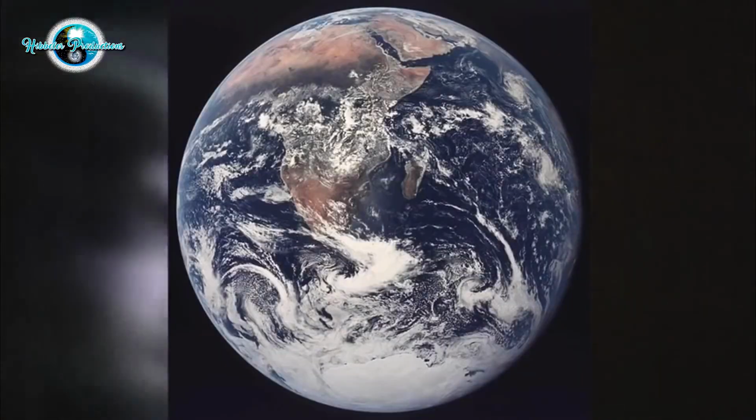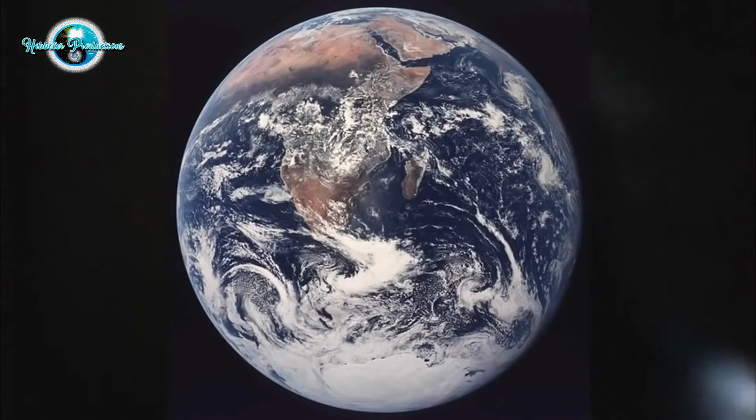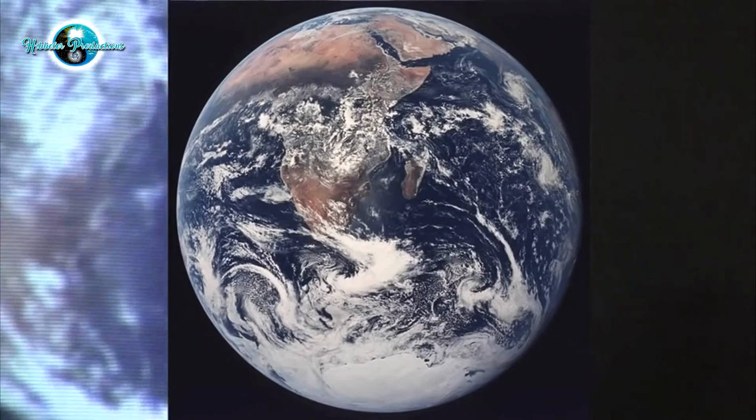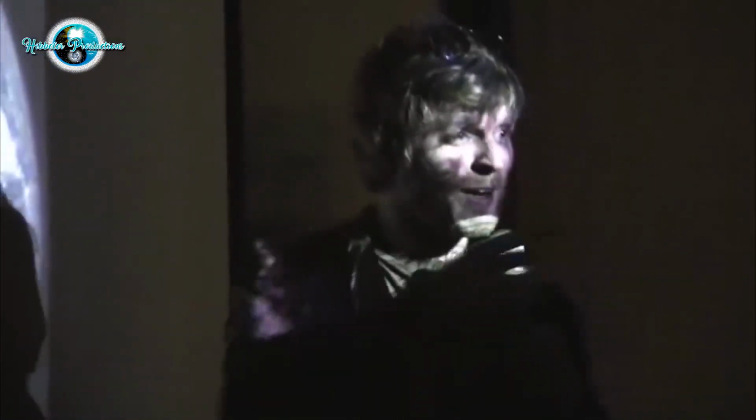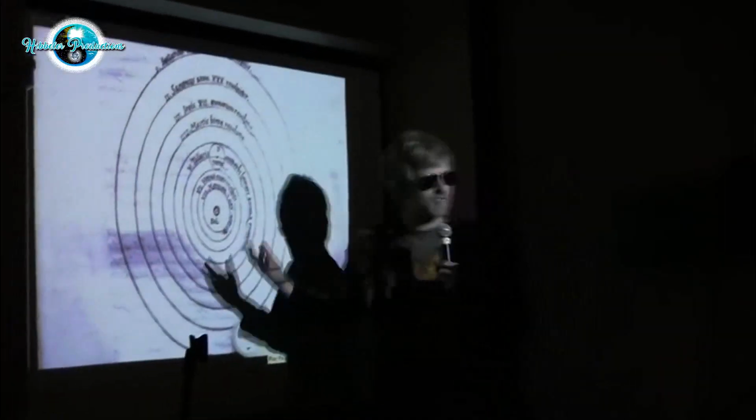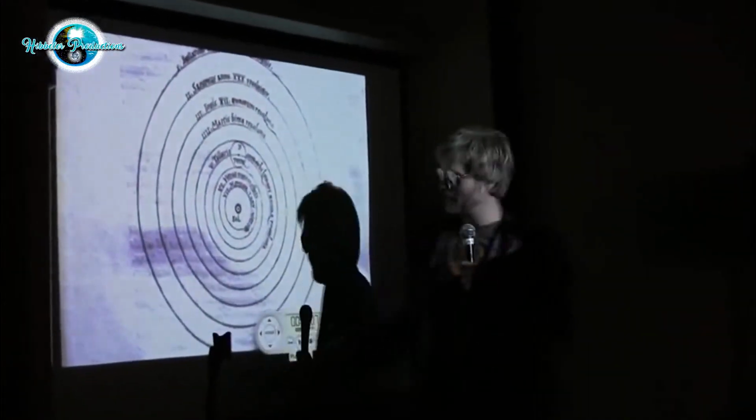Here's the picture of the Earth from space. There it is. Since you were a kid, you've seen this image. But you've never seen it from that point of view. You've never seen that with your eyes from that scale of a model, that point of view, from outside of the planet's surface. Well, here's the first image that sold the whole thing. 1482. This is when they came up with this idea. We are on that thing.